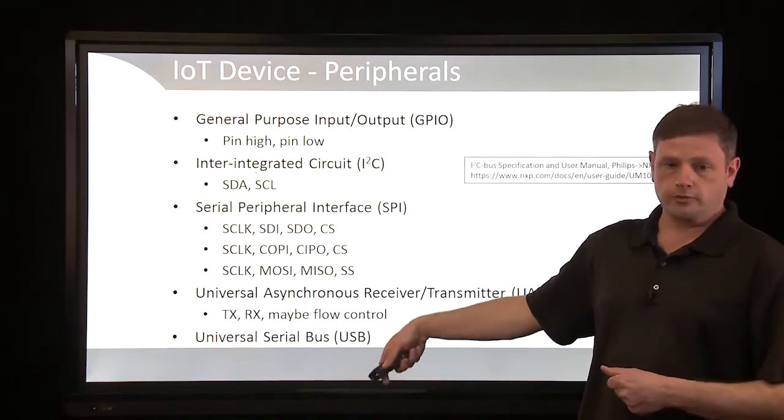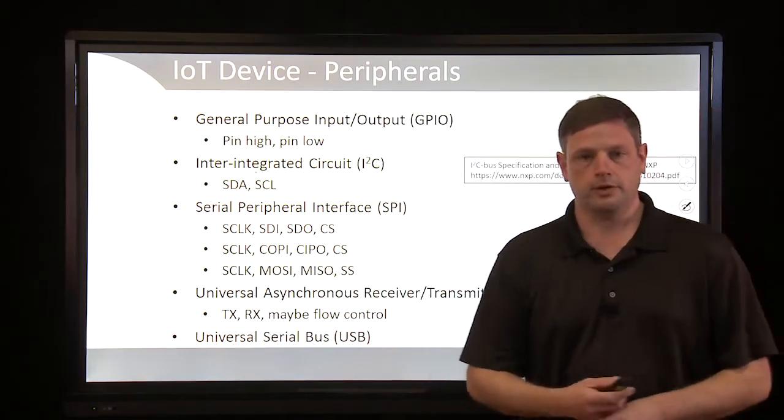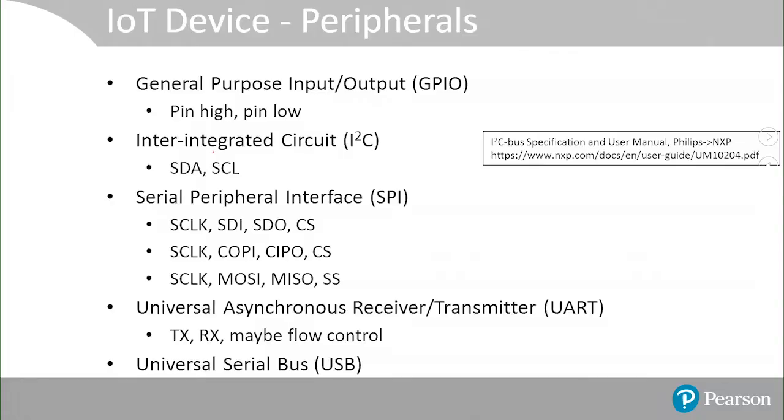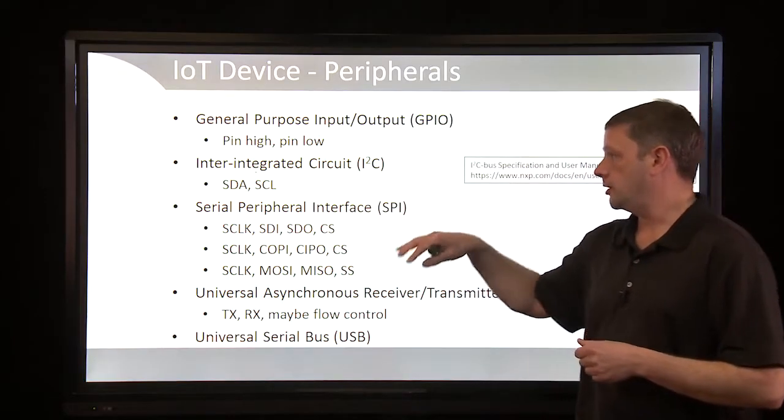Two protocols, or rather four protocols, that are commonly used in IoT devices. We have I2C, which stands for Inter-Integrated Circuit. And we have Serial Peripheral Interface, or SPI, followed by UART and USB. Now, I have a whole bunch of acronyms here on the slide, so let's go ahead and run through these. For I2C, by the way,